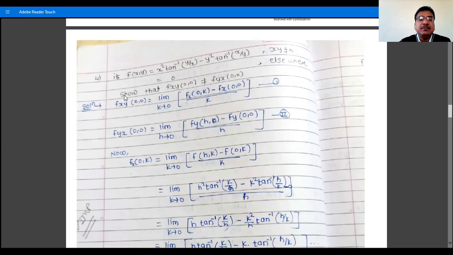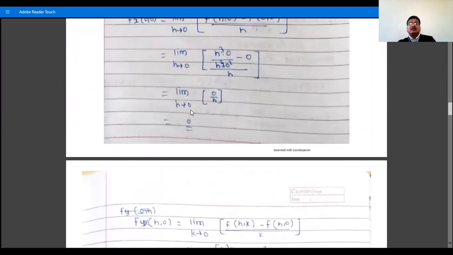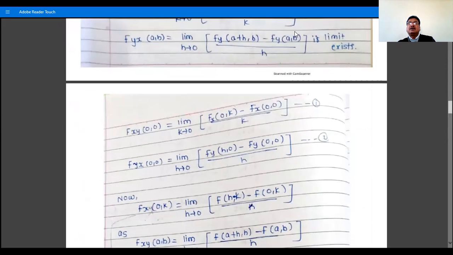So this is by using the definition of f_y. What is the definition of f_y? Limit k tends to 0, [f(0,k) − f(0,0)] divided by k. This is the definition of f_y, and this is f_xy, so replace f by f_x. So the basic definitions are